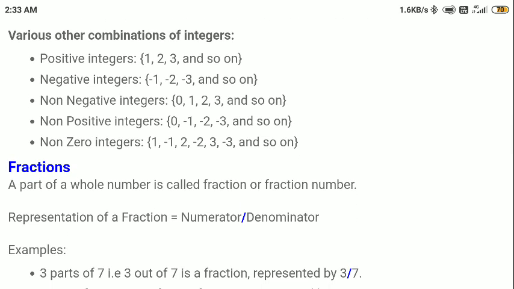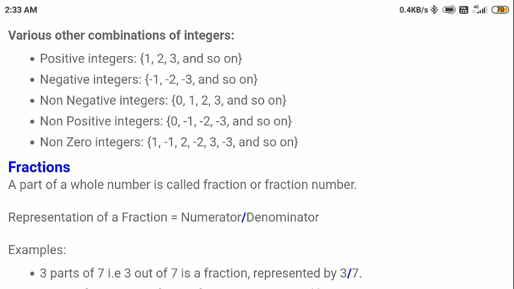If we use the term positive integers, that means we are not including anything which is not positive. We are not even including 0, which is neither positive nor negative, and we are not including negative numbers. So all the positive integers will start with 1 and go up to positive infinity: 1, 2, 3, 4 and so on. Similarly, we can define negative integers. Negative integers are all the negative natural numbers.